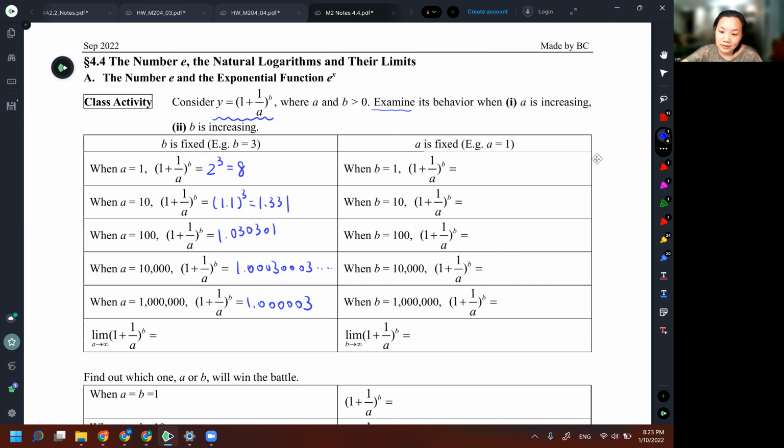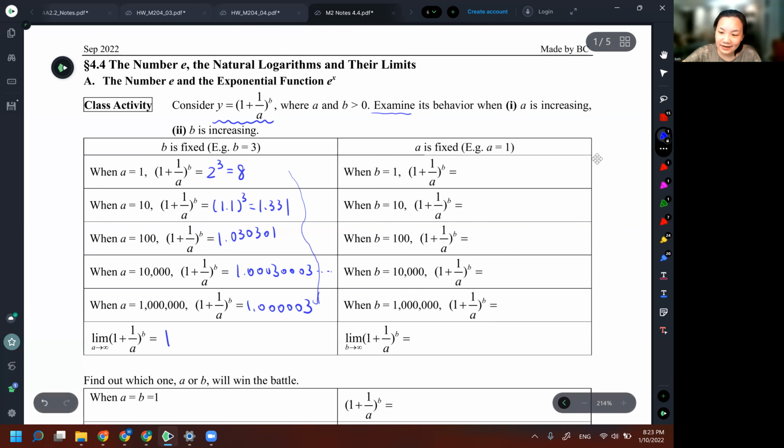Okay. Now, if you see the pattern at the beginning, it's 8, and then it becomes smaller and smaller, right? And I will ask you to guess now what the limit is if A increases indefinitely. And like I said, the whole lesson, the whole chapter is based on your ability to guess. And your guess should be 1. This should be 1. Okay. Is that okay? Because we can see